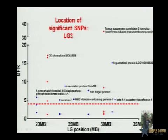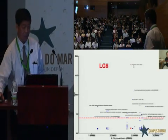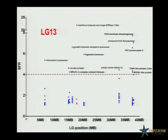In this case, in linkage group 3, recall that has resistant genes, and in this region, very significant BFRs, over 30, 40 BFR. So one of the genes is tumor suppressor candidate 5 homolog. We do not know if that's the gene or not at this point, but clearly it's related with resistance. There's another, linkage group 6 here, this protein G7C-like gene, very, very highly significant, almost 20 BFRs. Linkage group 13, very similarly, in this region, involves interferon-induced very large CTPS1-like gene that has over 20 BFR,